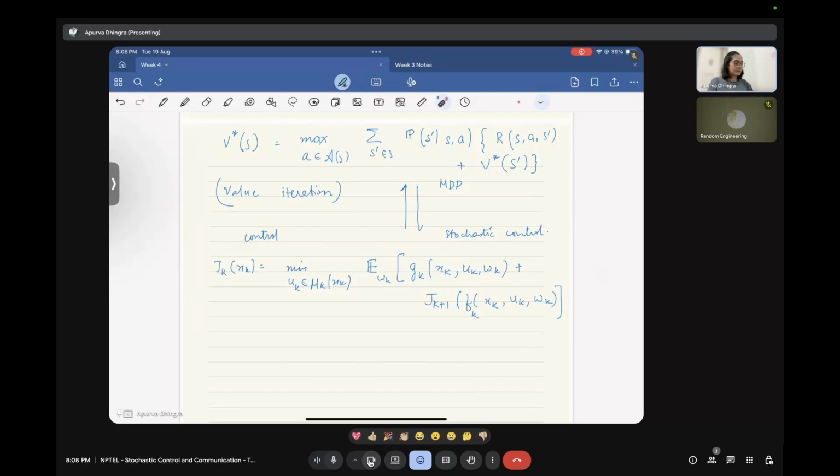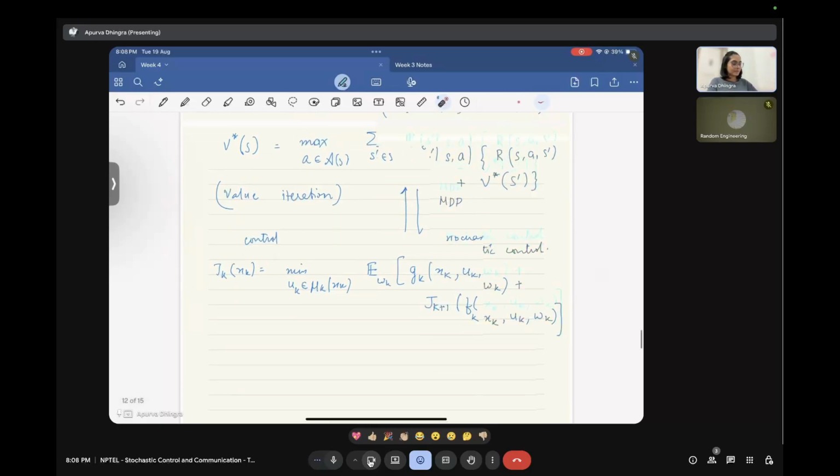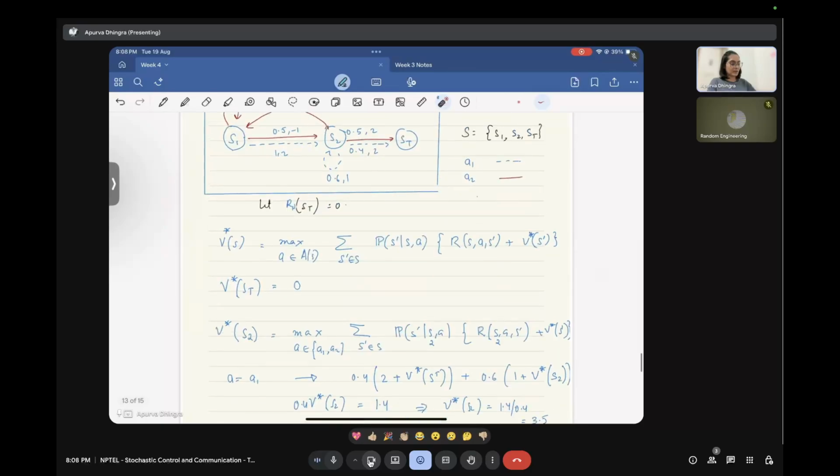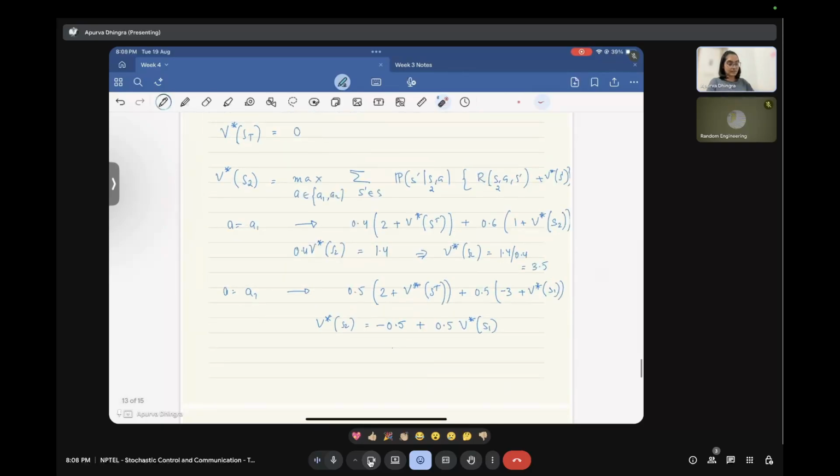Here, what I've written is just the optimal way of doing it. Value iteration is if you take the kth step here and the kth step here and so on. But it comes about to be the same idea in simpler situations, like we saw in this example. Actually, even for this example, we had to do a little bit of jugglery, because even though what we got were linear equations, because of the presence of